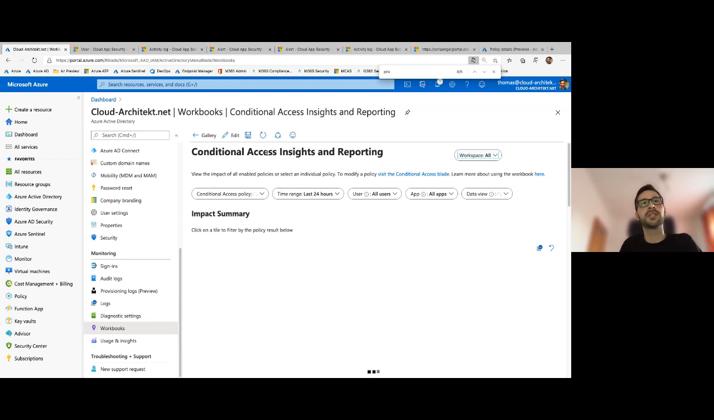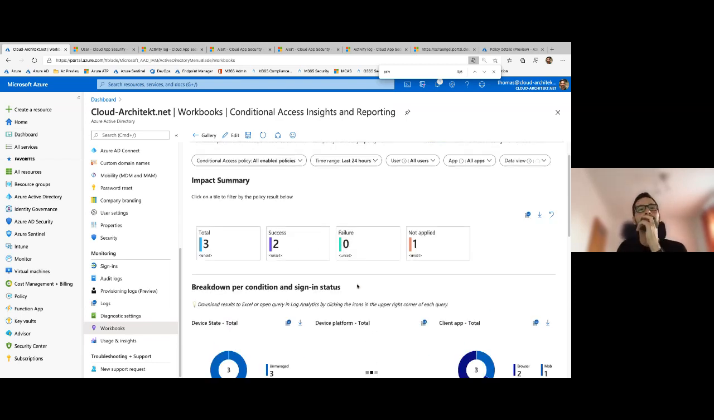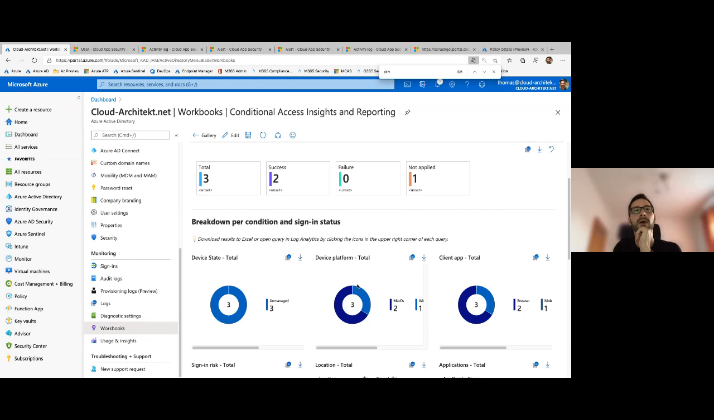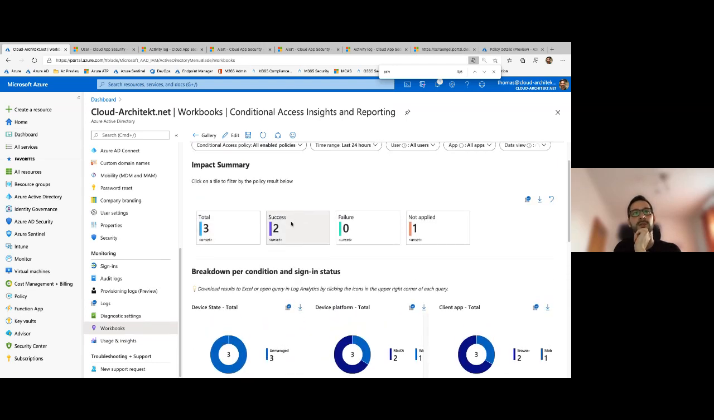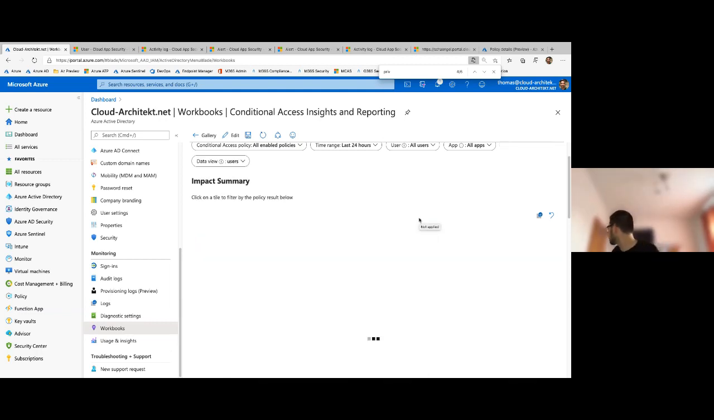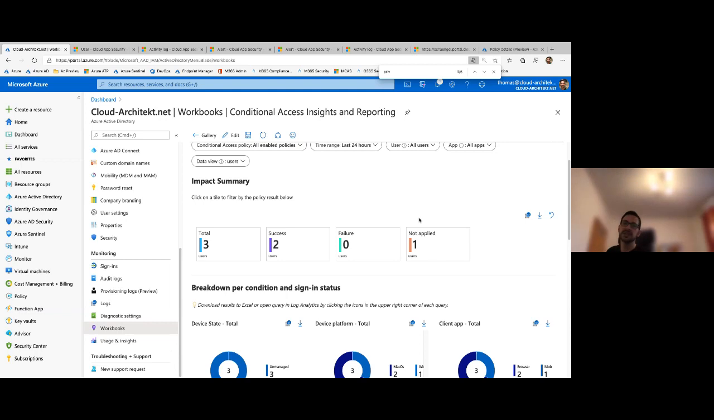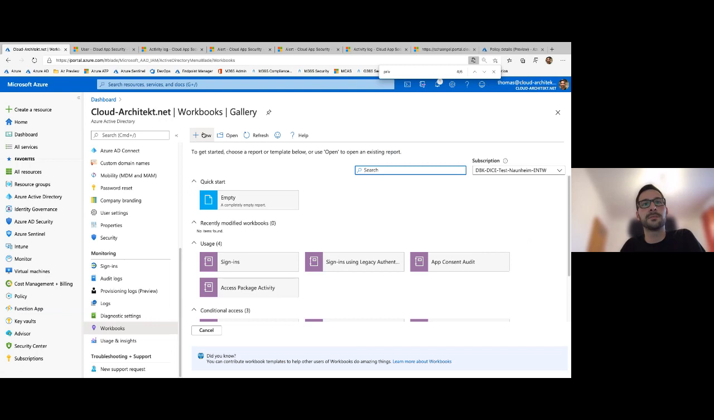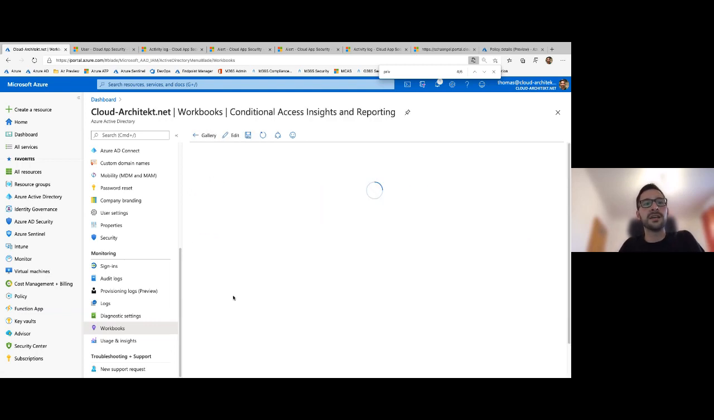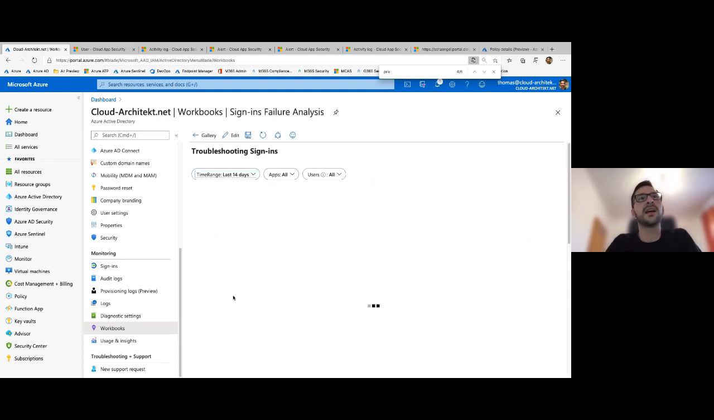Like this, conditional access insights and reporting gives you an overview about the status. So what policies were successful or failed or not applied. So you get a feeling about your policies, is there any problem, or do many users have trouble with authentication because you have a misconfigured policy? And with sign-in failures, you have a deep insight about